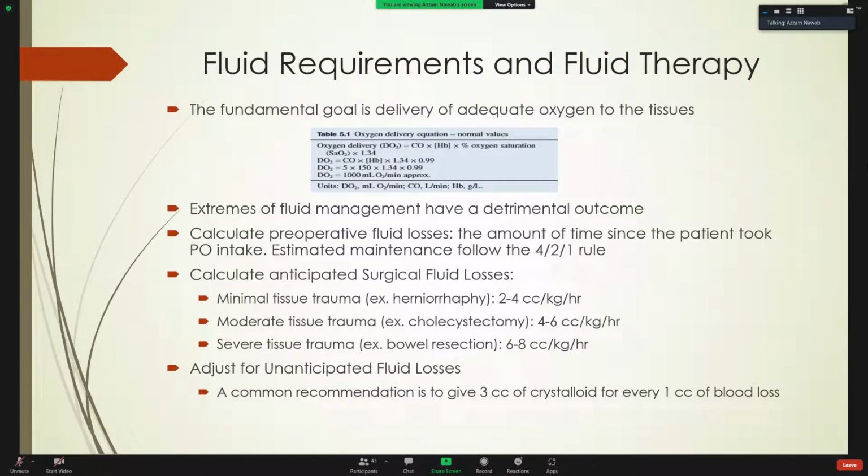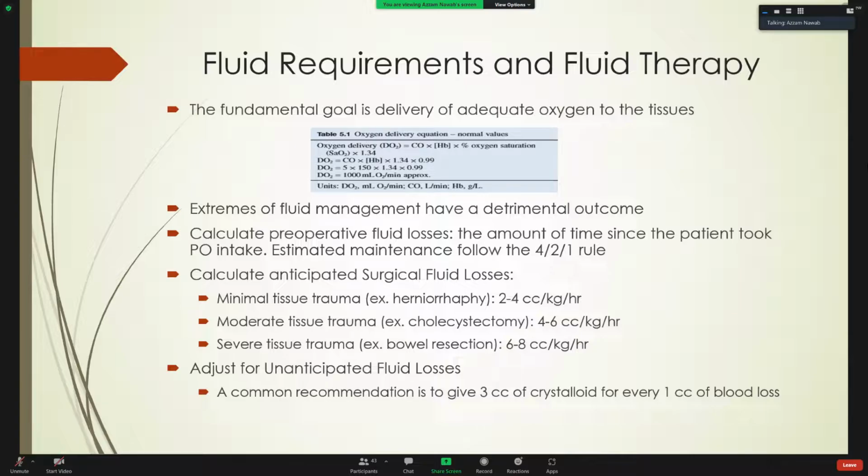We calculate preoperative fluid loss from the amount of time the patient took no PO intake. Estimated maintenance, we follow the 4-2-1 rule: 4 ml per kg for the first 10 kg, 2 ml per kg for the second 10 kg, and for every 1 kg afterwards, 1